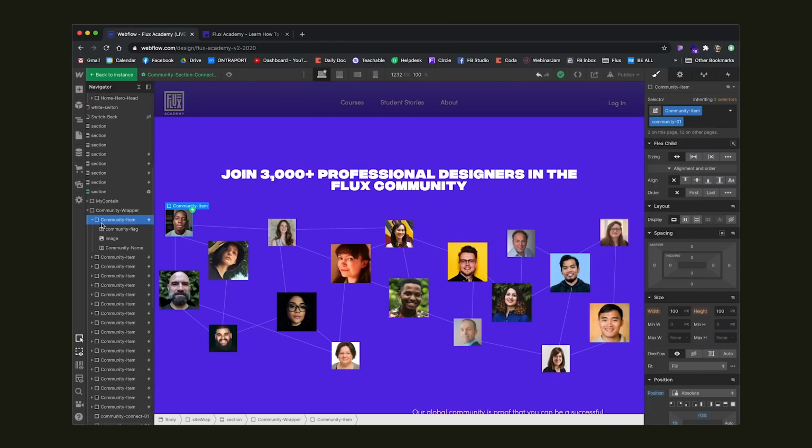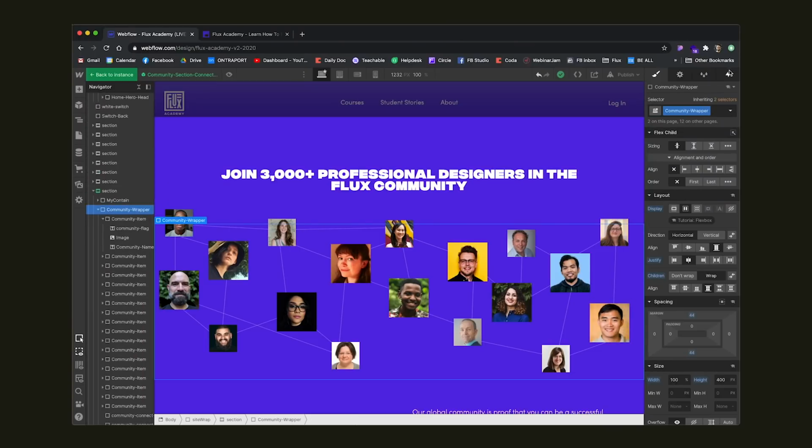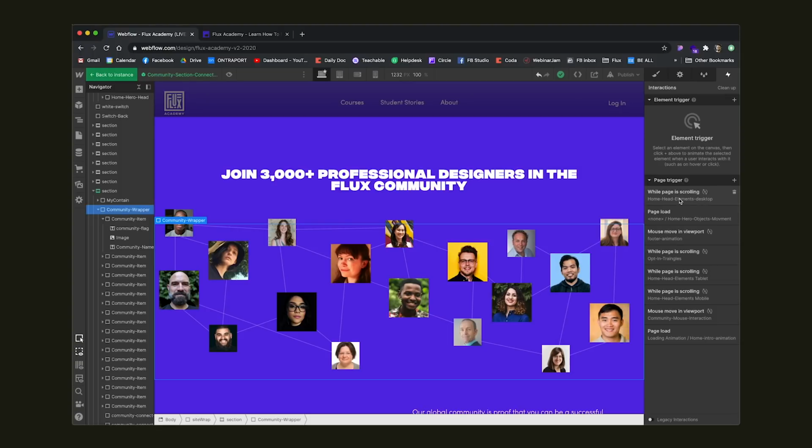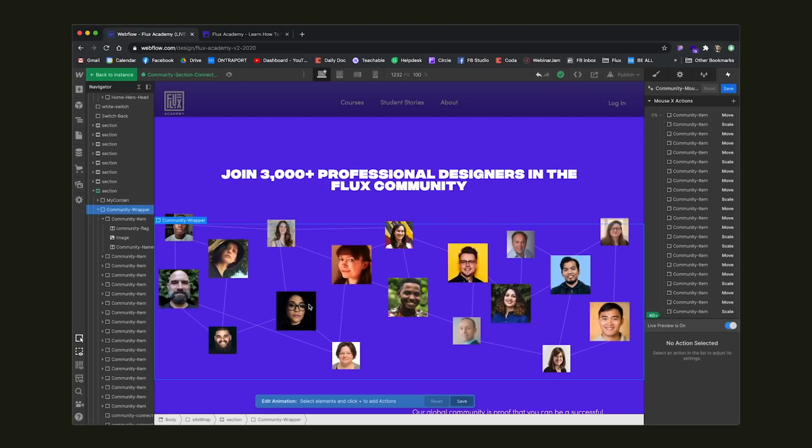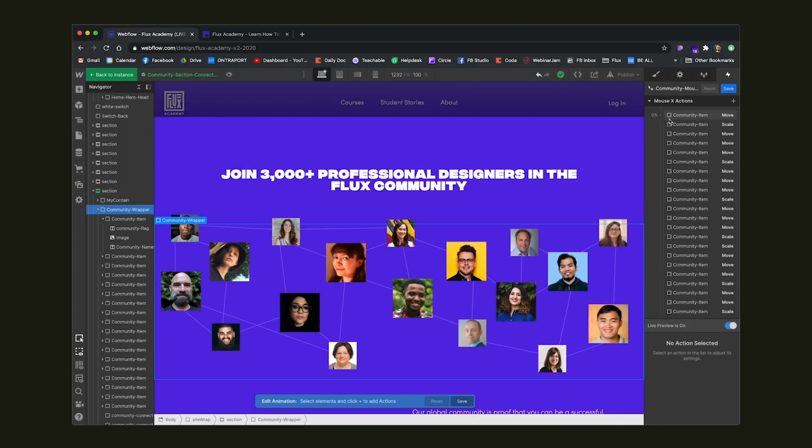Now, how I've created the interaction for it is, let's go here into mouse moving in viewport. All right, so mouse moving in viewport basically means that no matter where your mouse is on the screen, the things inside of this interaction are going to react to it. So what we have here is pretty long because we have so many elements, right? We have like 30 objects here. For each of them I had to basically say, all right, if the mouse is on the left, move to the left. If the mouse is on the right, move to the right.